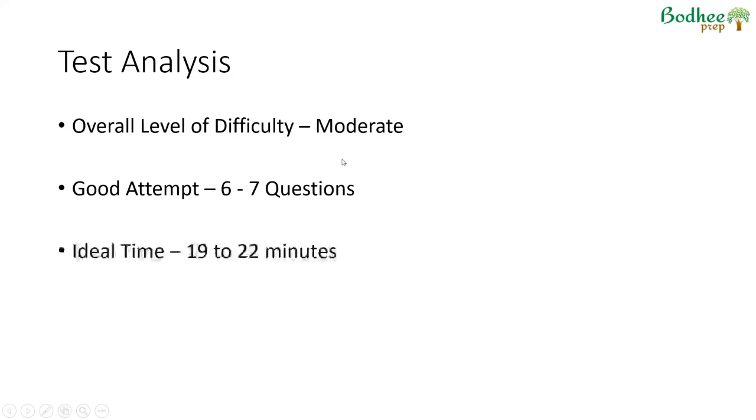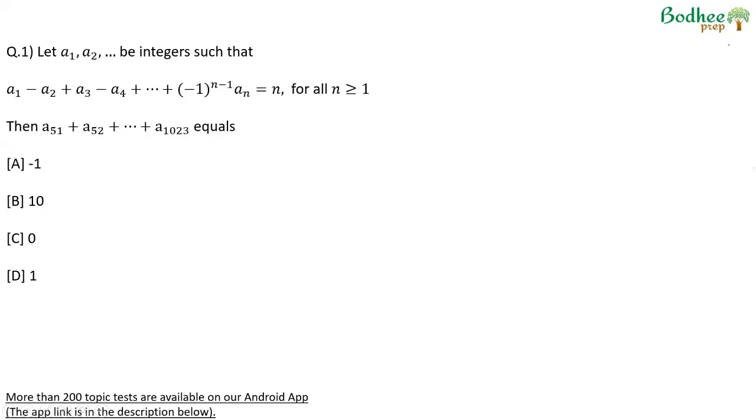The attempt time for this test would be somewhere around the 20-minute mark. 20 to 22 minutes should be the ideal time where you're able to go through all the questions and get your 6 questions correct. If you look at the questions, the first one says